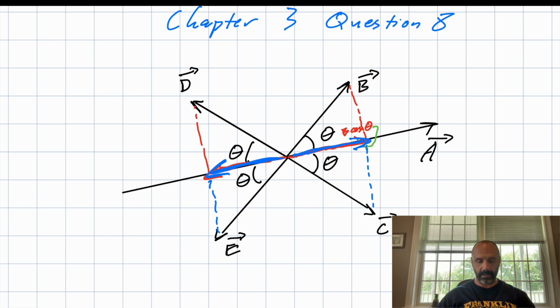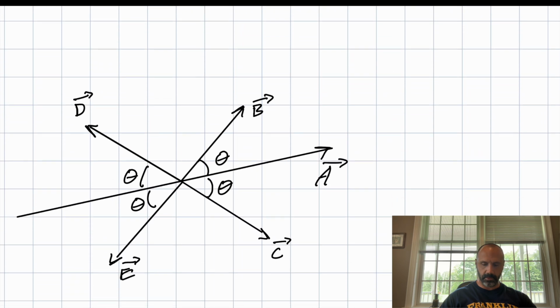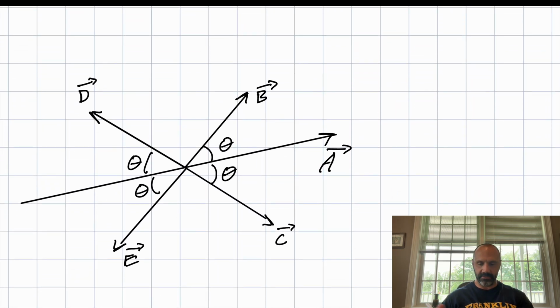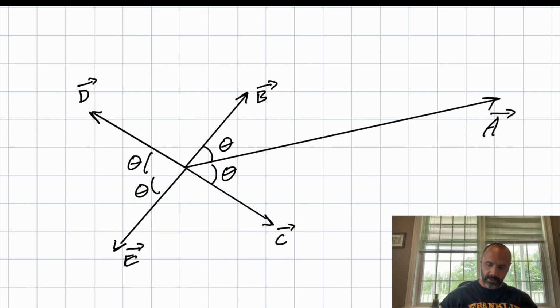Okay, so the answer to question lowercase a is that B and C give you the same dot product with A, and D and E give you the same dot product with A also. To answer the next question, it says, which will have a negative dot product with A. We're going to redraw this, and I'm going to take advantage of the technology here to move vector A so that the tail of A is lined up with the tails of the